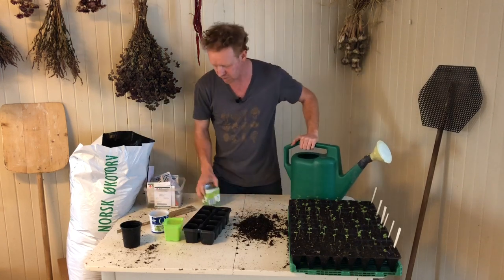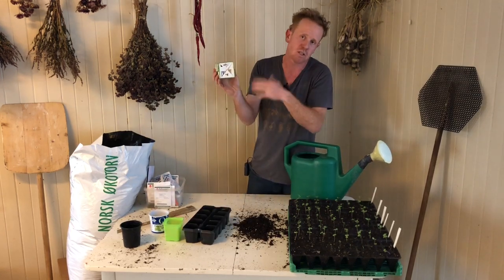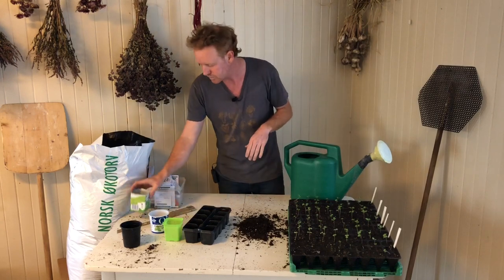So no matter what you do, if you're going to use recycled containers, poke big holes in the bottom so you can move water through there. All right,